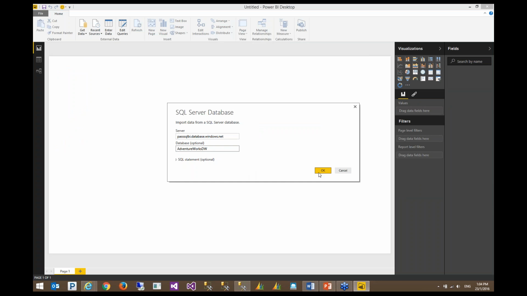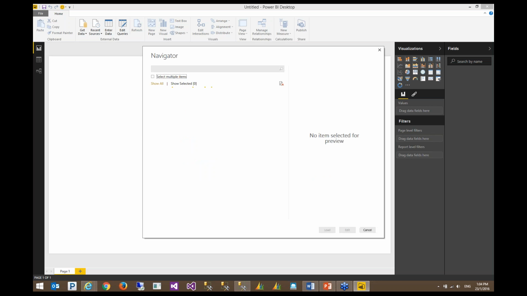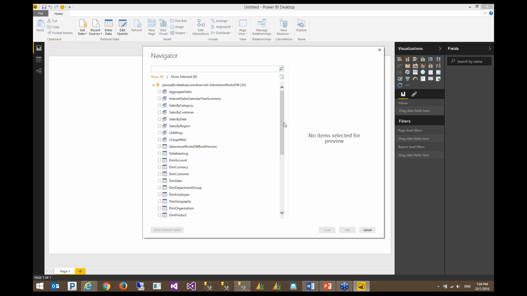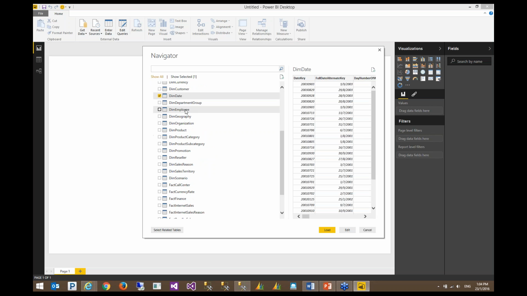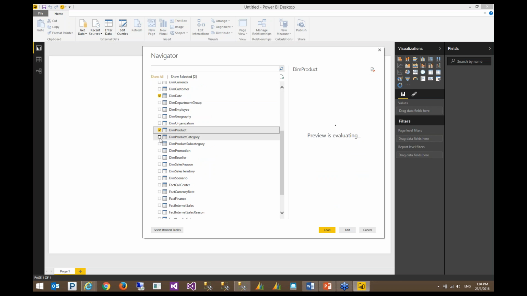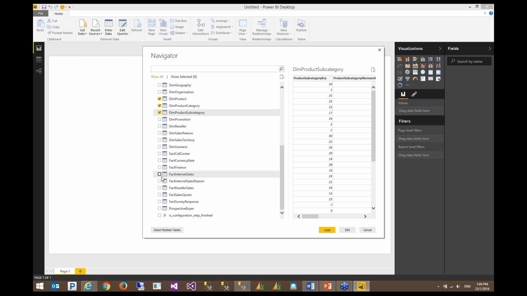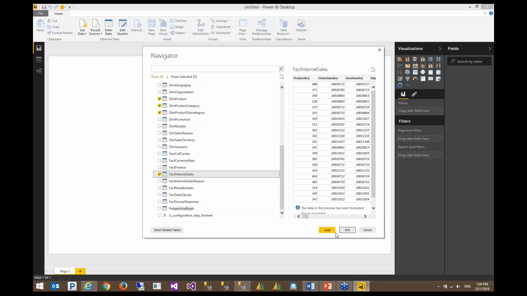Server name and database name. And I'm going to select DimDate, DimProduct, ProductCategory, ProductSubcategory, and FactInternetSales.